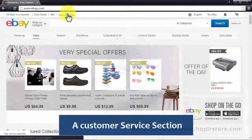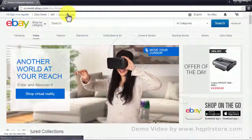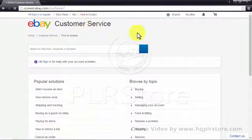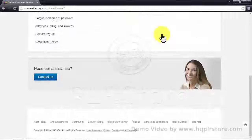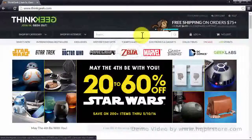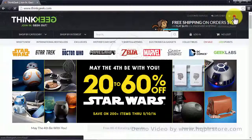A customer service section. A customer service section consisting of a help section and a contact us section is a requirement for all e-commerce sites that want to be trusted by visitors and customers. A help section should show people an easy way to use your site and navigate it. You can see that ThinkGeek's help section offers detailed information on how their services work, information about their pricing, shipping options,